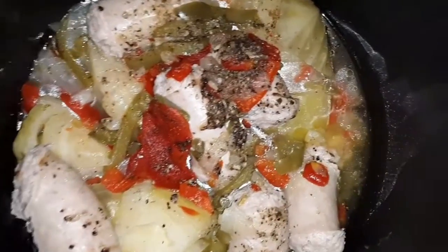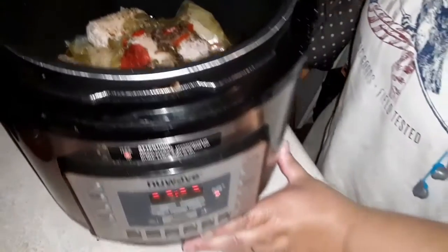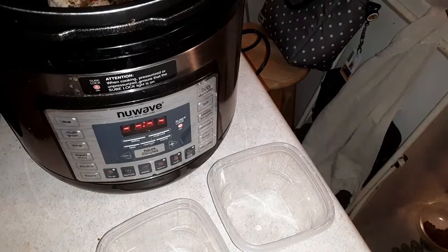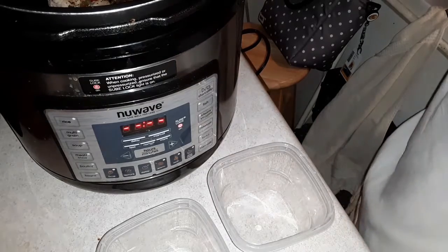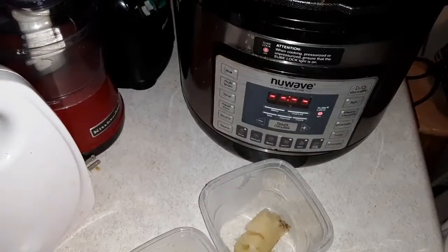It smells amazing. And I'm just going to dish up a couple of containers for me right now for lunches. I usually try to do that. That way I don't have to worry about trying to dish it out the next day or the day of my lunch. I just do it right now before I dish up everything. Then I'm just going to package a couple of them up for lunches. And then here's the end result,